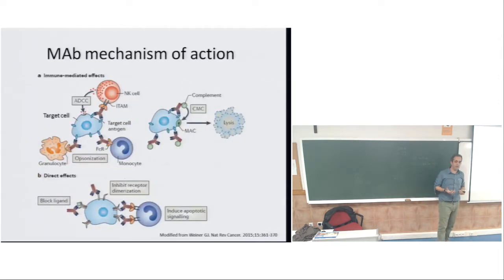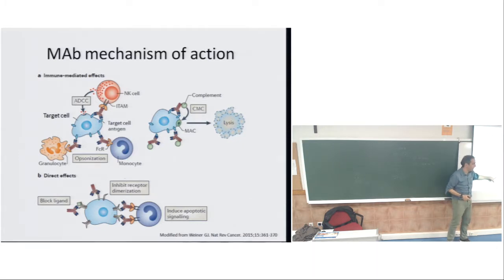So, the mechanism of action. Now we have seen how monoclonal antibodies can be produced, and now we are going to see why they are so effective. They are so effective because they can interfere with molecular pathways. You have seen in our class about neoplasia that you have a receptor on the membrane that receives a growth factor, it dimerizes and then cross-phosphorylates. So we can interfere with the dimerization here.